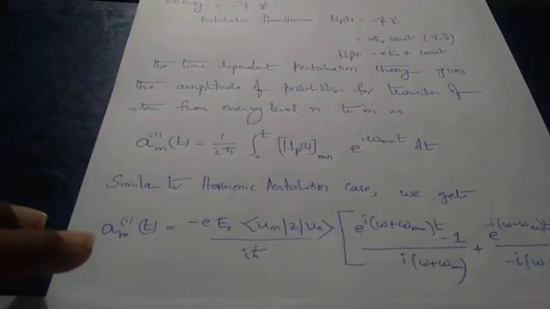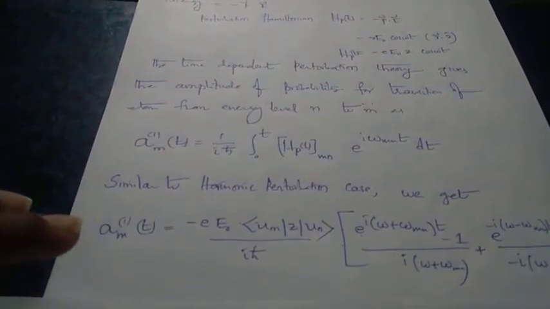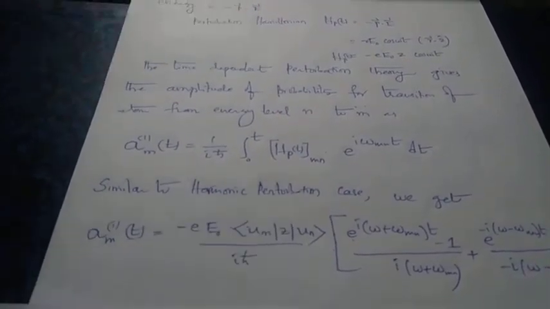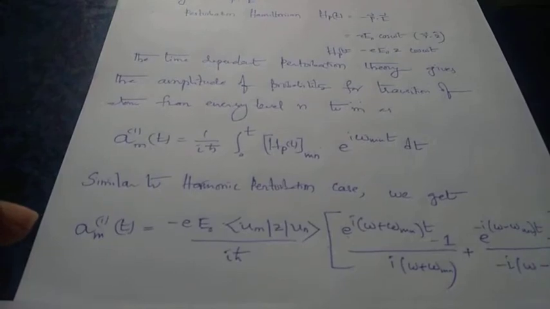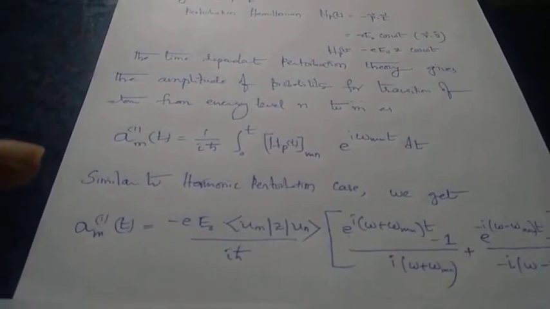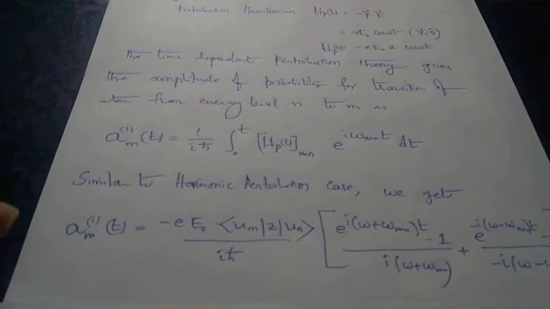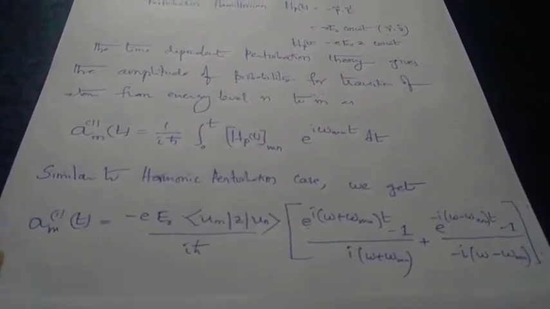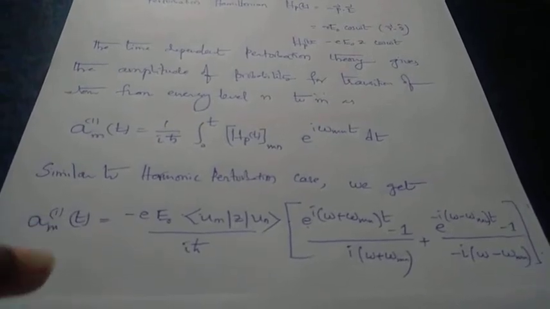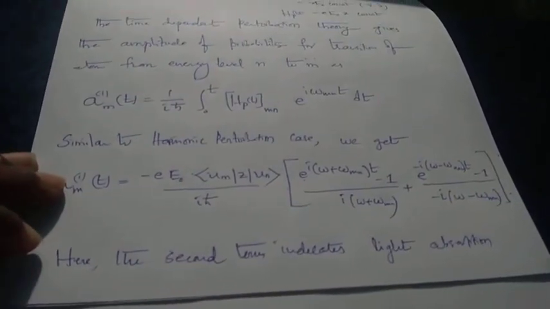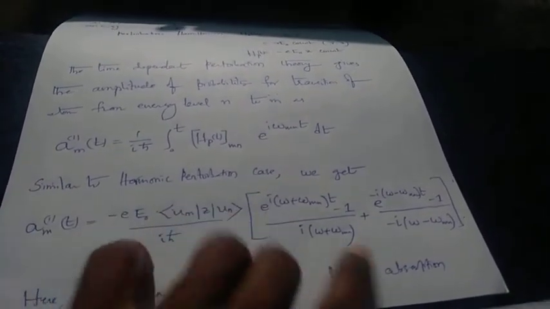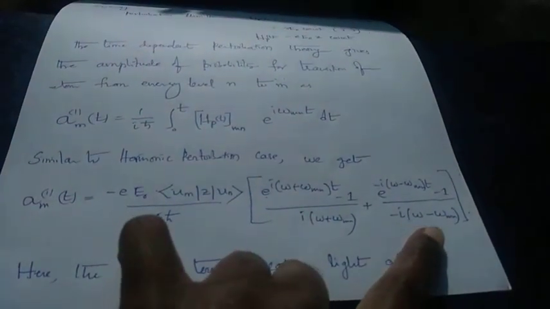And if you substitute the perturbation Hamiltonian from this expression, and if you do the integration just the way we had in the case of the harmonic perturbation, we'll be having two terms in this expression for a_m(t). Here the second term will actually dominate when omega becomes omega sub mn, and that's because